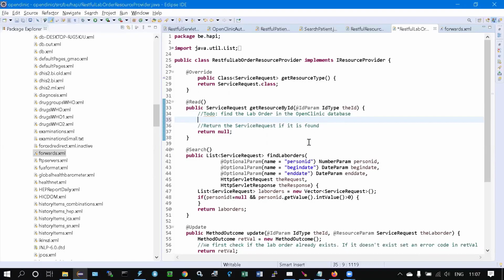And you have different methods available in OpenClinic to find a transaction, but I will use one here, which is a very basic one, which is